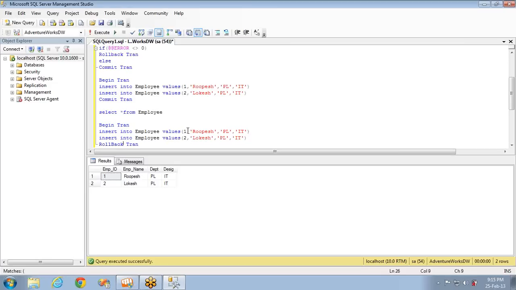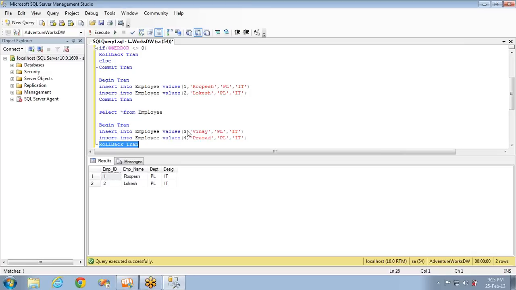I'm taking ID 3, ID 4, with the names Vinay and Prasad. These two are valid SQL statements which will be executed successfully. I'm pretty sure of that.